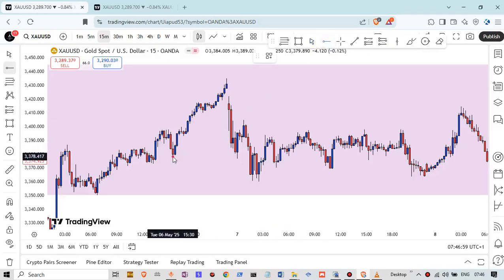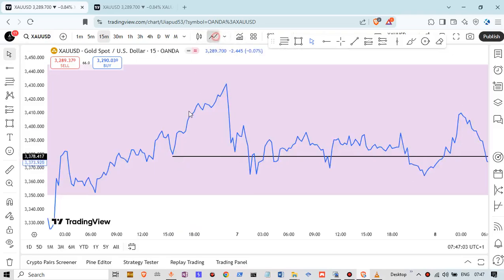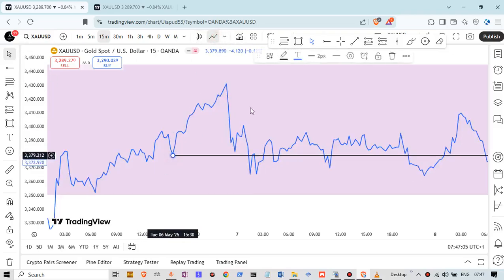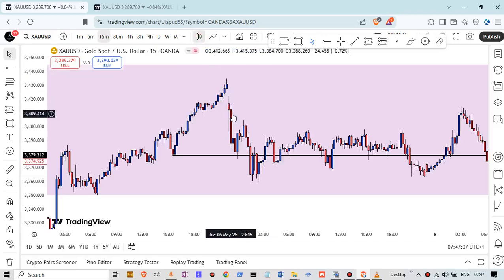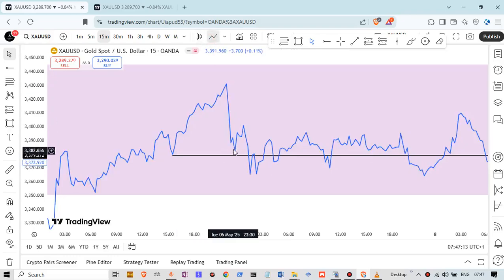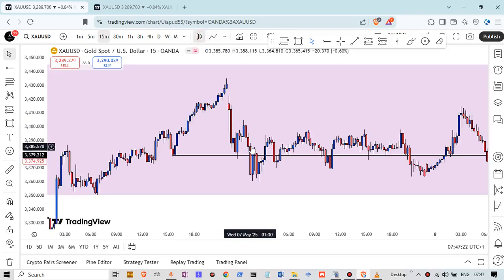line here. So if you're expecting that price should break down beneath it at this point here, this is not a break yet. You can see on the line chart, this V didn't go below it, but at this point here on the candle chart, you can see this big body candle broke below it properly. So this is a break of structure.